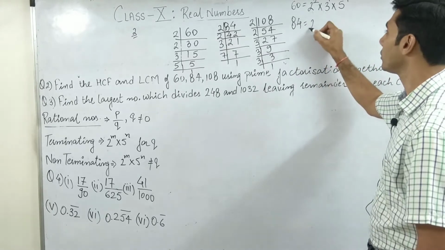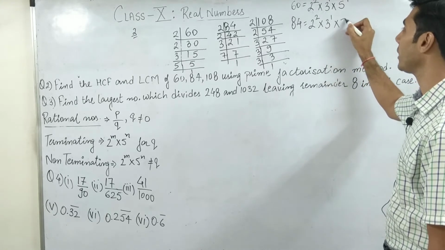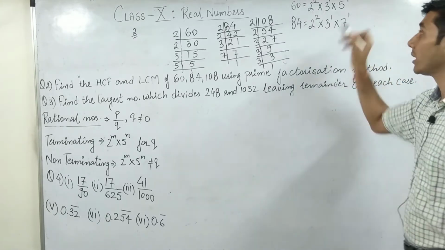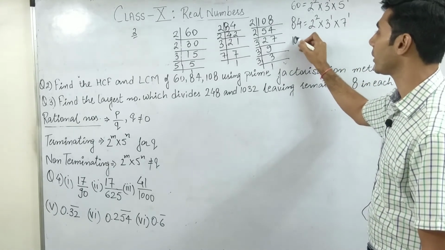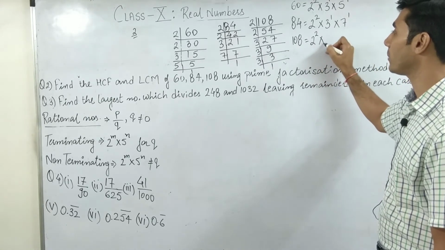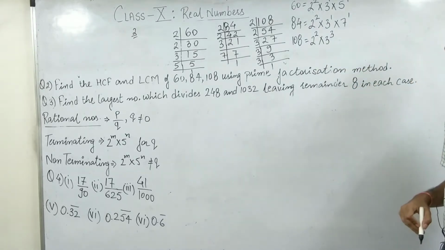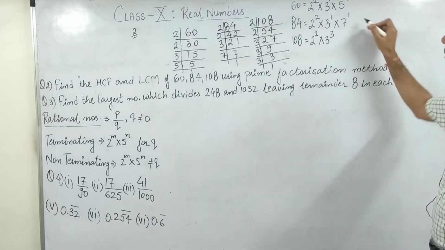It will be 2 square multiplied by 3 to the power 1 multiplied by 7 to the power 1. Then let's move on to the next, that is 108. It should be equal to 2 square multiplied by 3 cube. Correct? That's all. Now if you need to find out HCF,